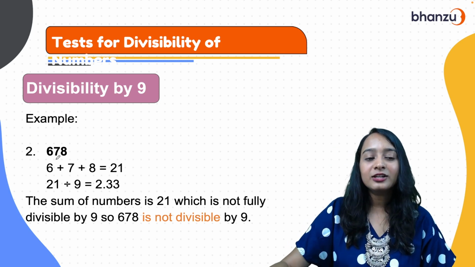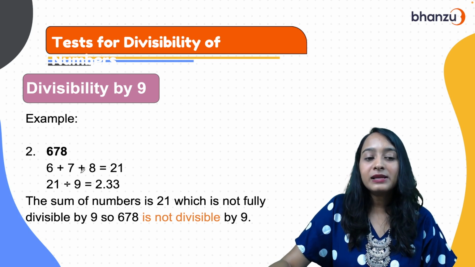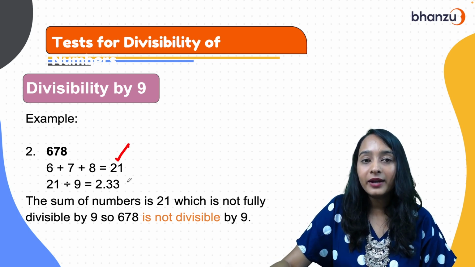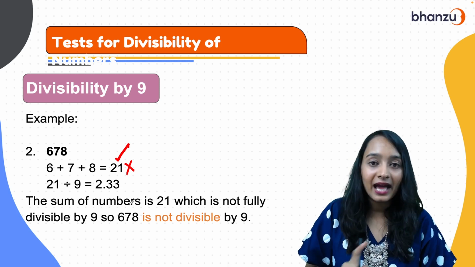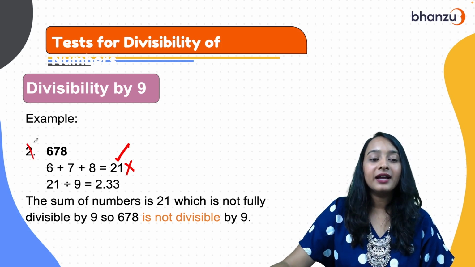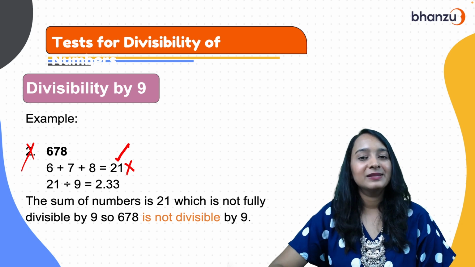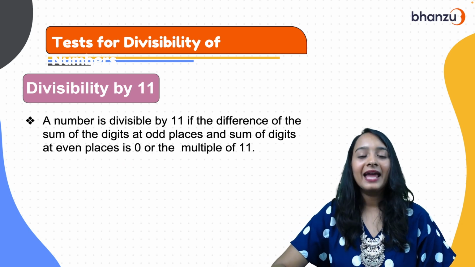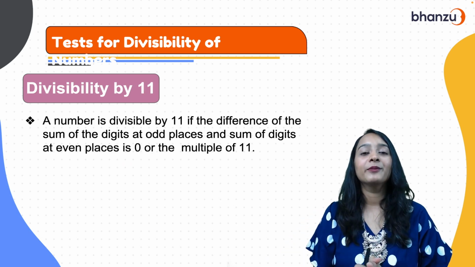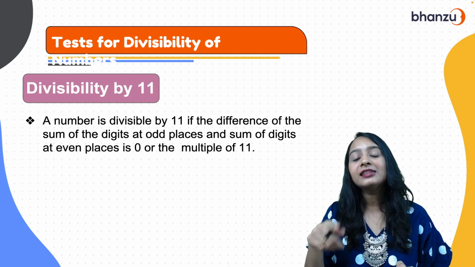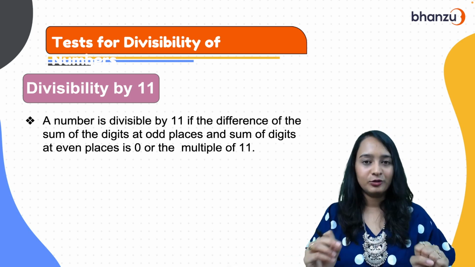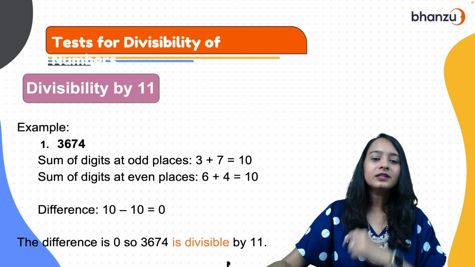Now 678. 6 plus 7 plus 8 will give you 21. 21 is not completely divisible by 9. So this entire number is not divisible by 9. And then finally comes the number 11. So, for the number 11, you have to add the alternate digits and subtract them. What do I mean? Now here,